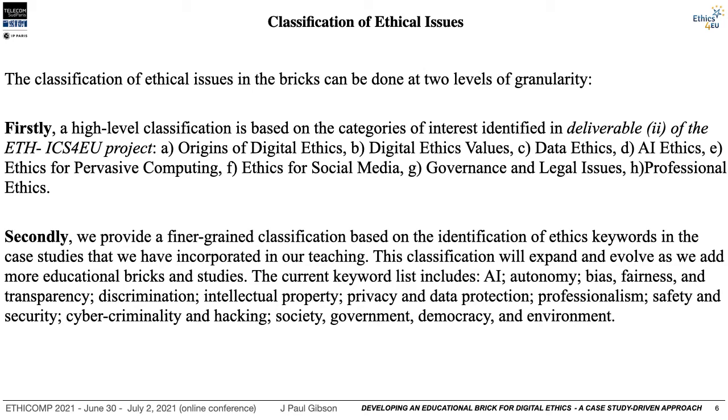Dimensions used to classify the different bricks is the actual classification based on the ethical issue that's being addressed. As part of the Ethics for EU project, we have already developed a very high-level classification, which was presented in Deliverable 2, which is freely available to download from the website. And this basically categorizes it into the origins of digital ethics, digital ethics values, data ethics, AI ethics, ethics for pervasive computing, ethics for social media, governance and legal issues, and